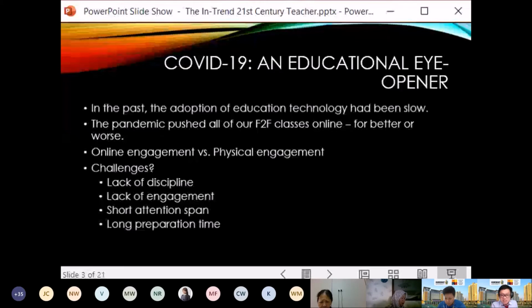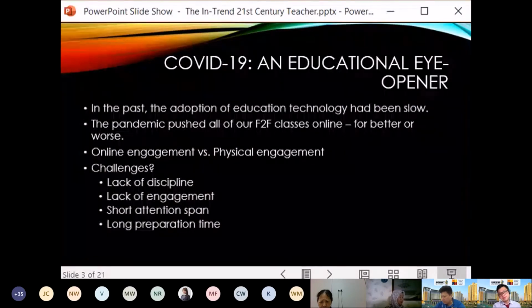Now one of the biggest mistakes that we as educators make is that we teach online using face-to-face methods. We still assume that with an online medium, we can use the traditional delivery method as we do face-to-face. That is the biggest mistake. We assume that it's the same, but actually it is not. Online teaching requires a very different engagement and strategy compared to face-to-face teaching. Face-to-face, you can just go on and on, drone on and on. You don't see.